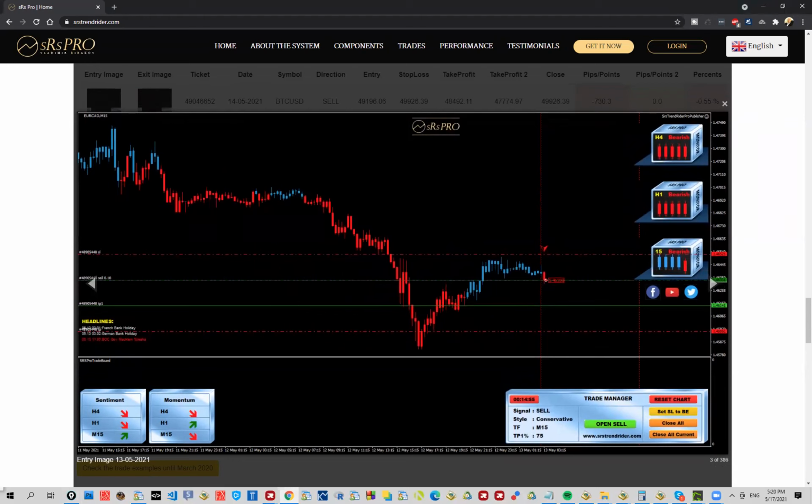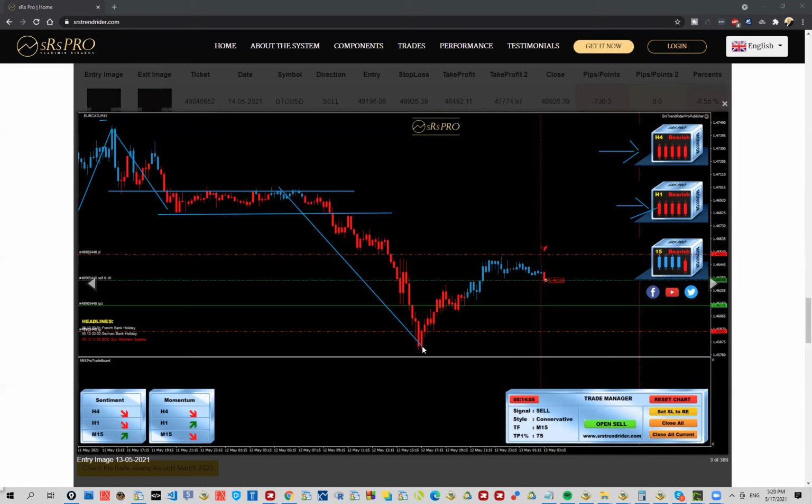EuroCAD 15-minute chart. Again, we are looking for the sells, and here we can see very similar behavior from the market, because right now we can see on the very left that the price started pushing. Clearly, we had some bullish momentum or some bullish candles, at least in the 15-minute chart. But in general, overall, the trend is down, right? So once this switch happened, we see again consolidation, breakout.